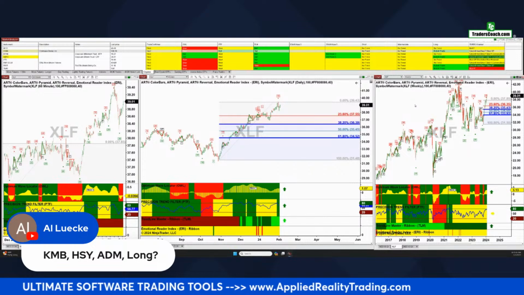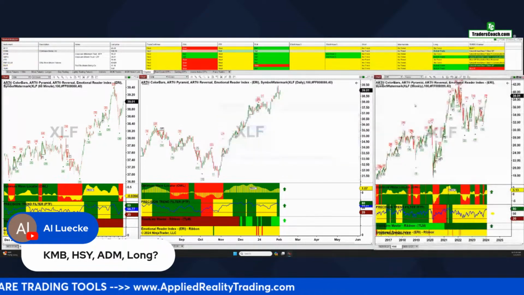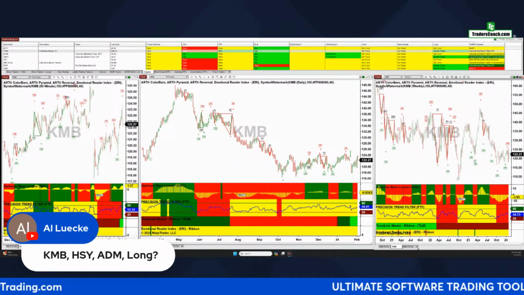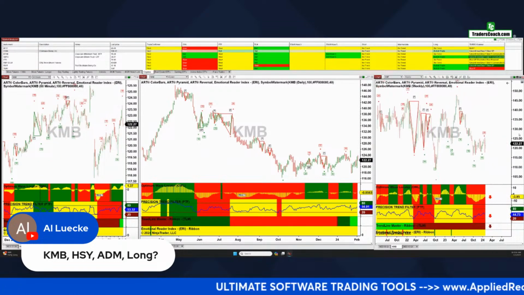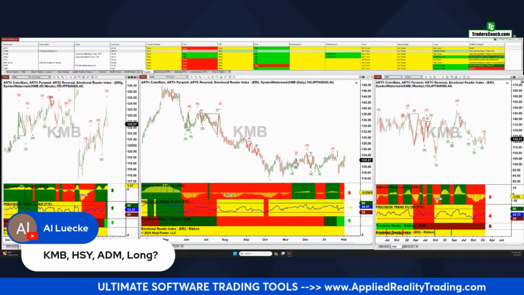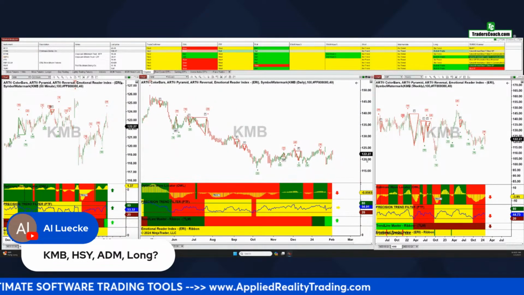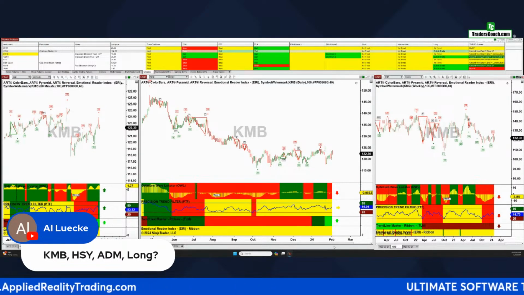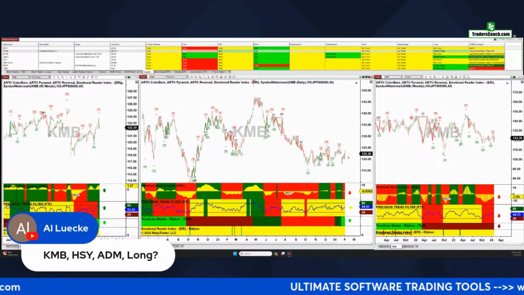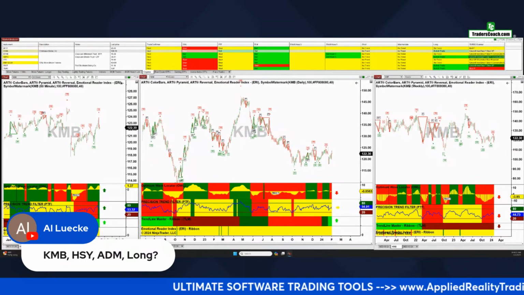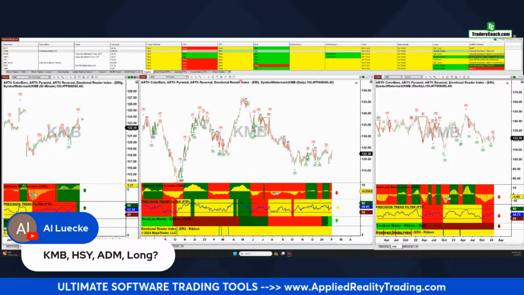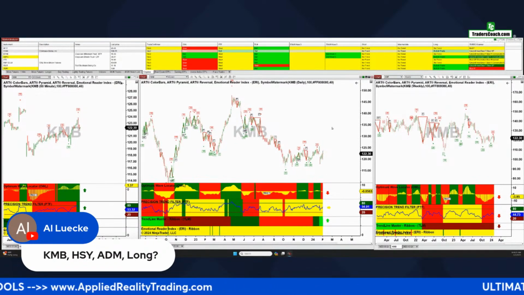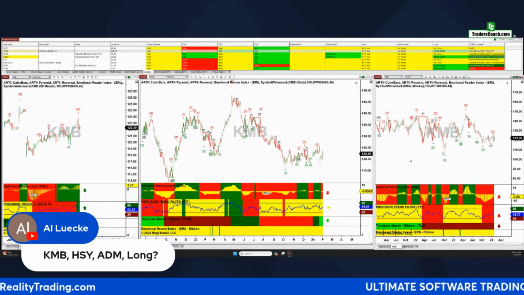Okay, let's take a look at KMB. All right, so KMB, we got a red PTF on the weekly chart. We've got a green one on the 60-minute. So it looks like it's still going higher short term, but that should yield to selling long term. You're still in an area here. You don't have enough profit potential on the 60-minute chart to make that trade worth it for the PTF scalp trade. So I would not do anything with this at this particular point.